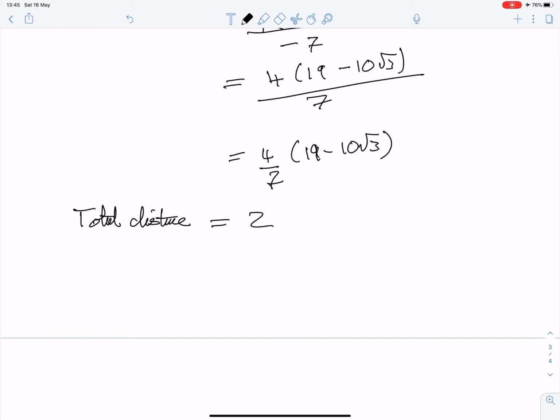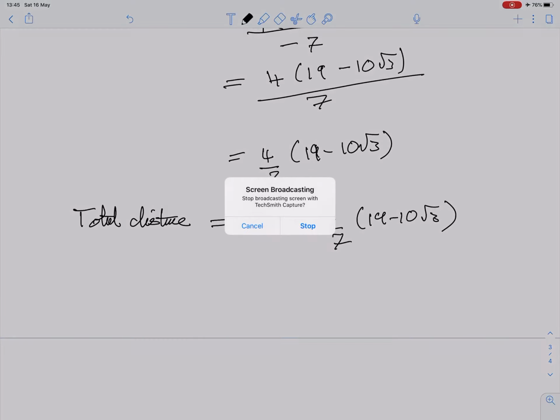And on the top, we're going to have 4 lots of, well, we can use a grid. 8 root 3 plus 2 root 3 is 10 root 3, minus 3 minus 16 minus 19. So that's 4